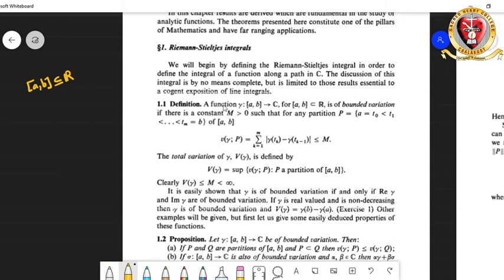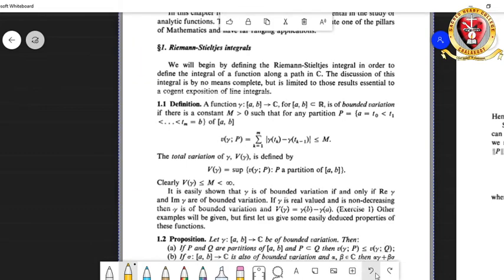It does not imply that it is continuous or any other properties. It is simply a function. Such a function into C is called a bounded variation if there is a constant capital M strictly greater than 0 such that